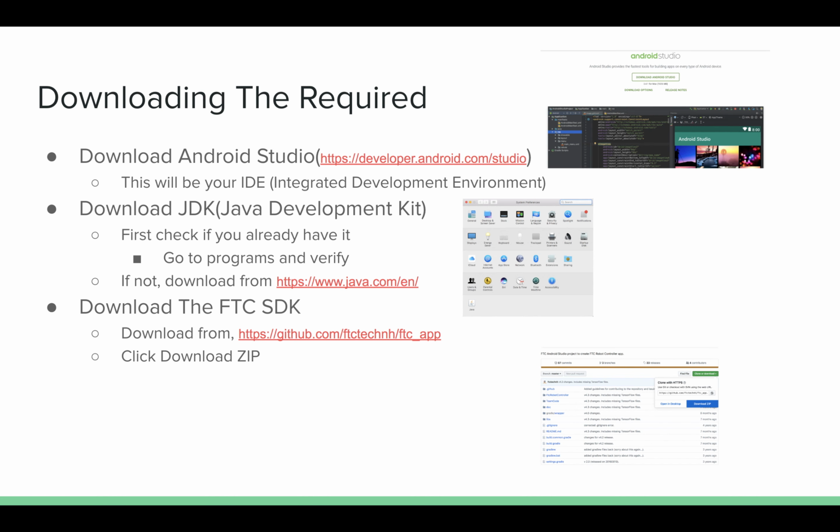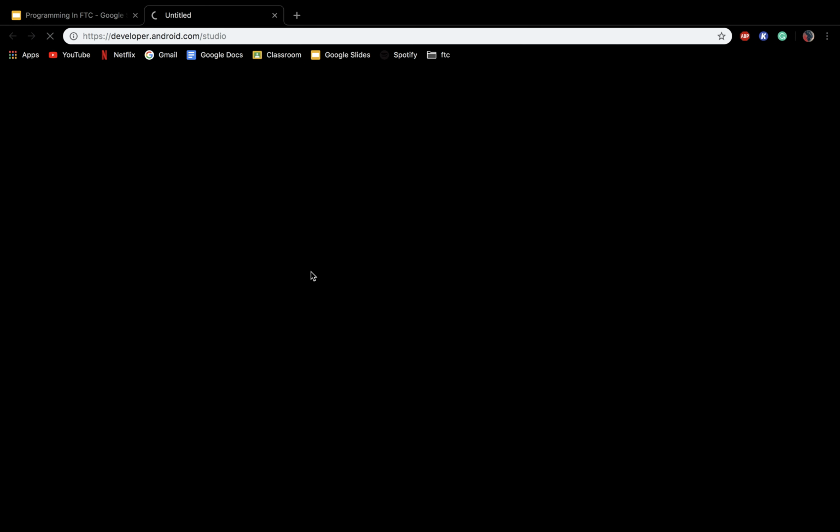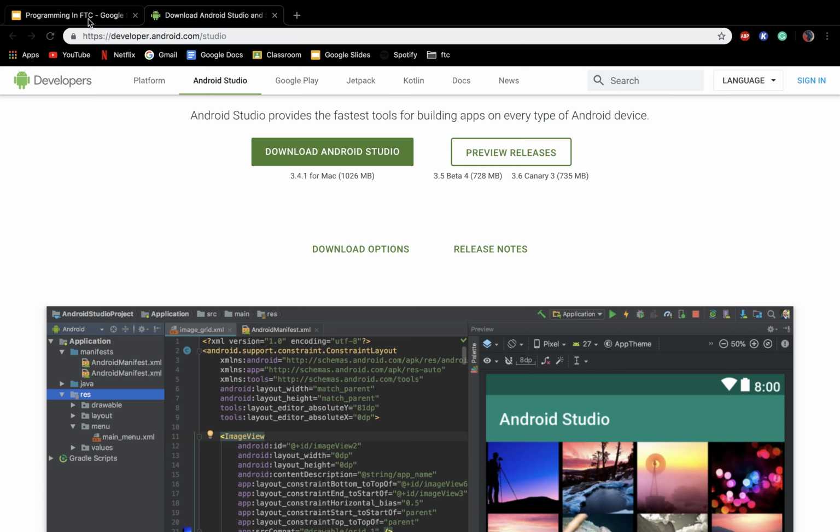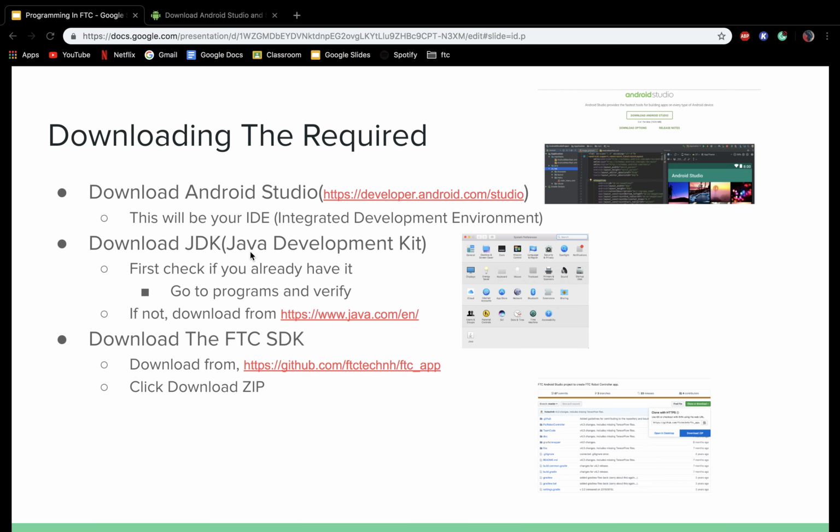So we first need to download the required components. This will include Android Studio. Download Android Studio. I have provided a link over here. You can just click it. It should take you to developer.android.com/studio. And you can download this file over here, and you also want to download the JDK, the Java Development